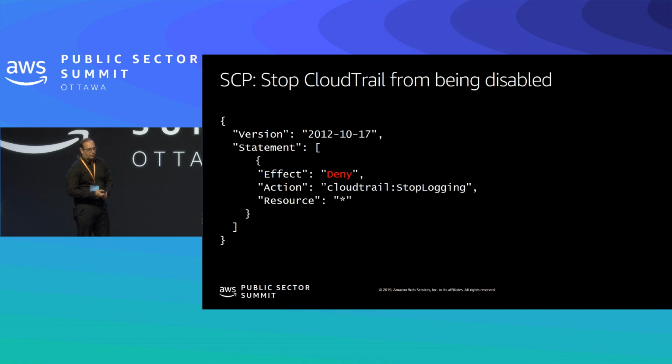So let's define a service control policy. A service control policy offers central control over the maximum available permissions for all AWS accounts in your organization. So this document that you're seeing here is an example of us denying the ability for CloudTrail, our audit trail of API activity, to be disabled. Even if you were an administrator in that developer account that we talked about, if you try to turn off logging, you would not be able to. Let's look at another example.